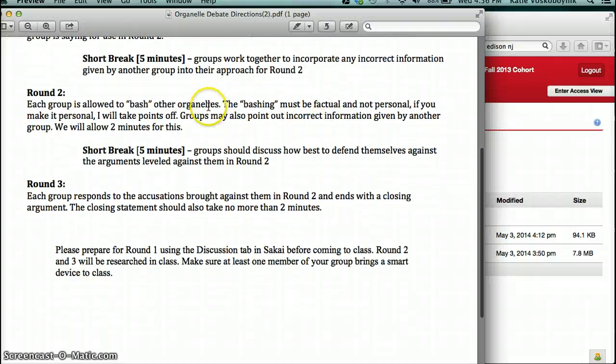Then during round two, they're going to be basically insulting another organelle. So let's say it's mitochondria, they can say something like, oh, you stink because you cause diseases in humans, right? So again, they can choose one organelle or a couple of organelles that they're bashing, after which they will have a short break again, but during that break, they're basically looking at what other group said about them, and then they're putting together